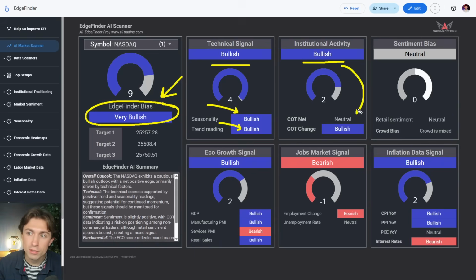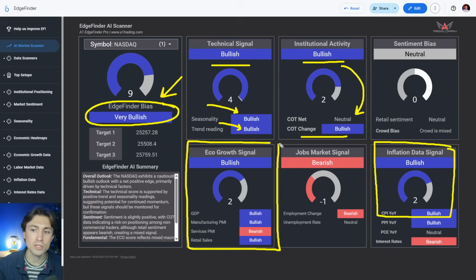Institutional activity. Through the commitment of traders data, we still have a bullish rating there, even though we are lacking new data due to the government shutdown. Inflation data, we had the CPI print on Friday, which was very, very solid, and economic growth still looks good. Again,